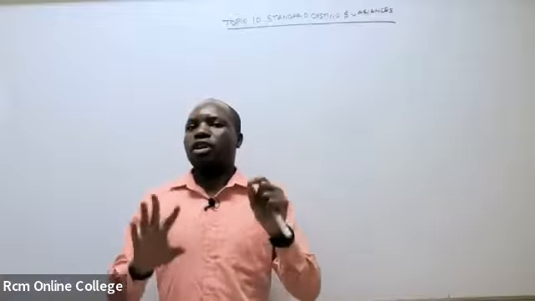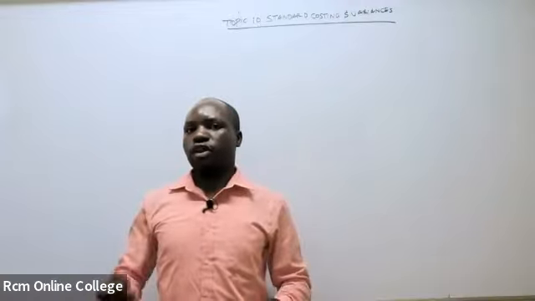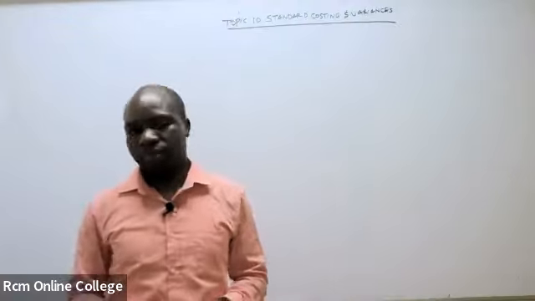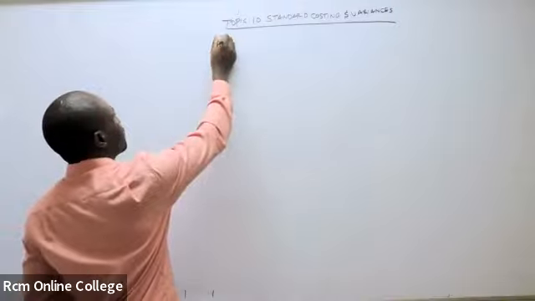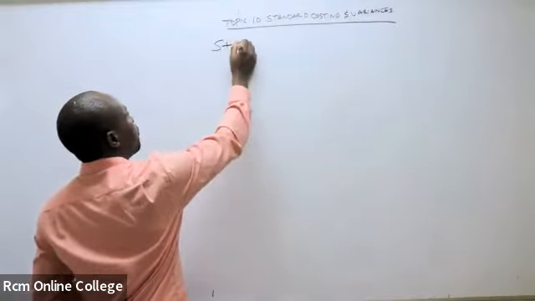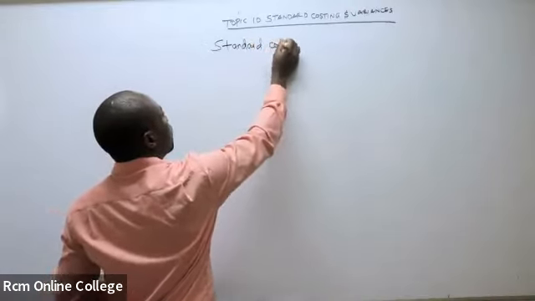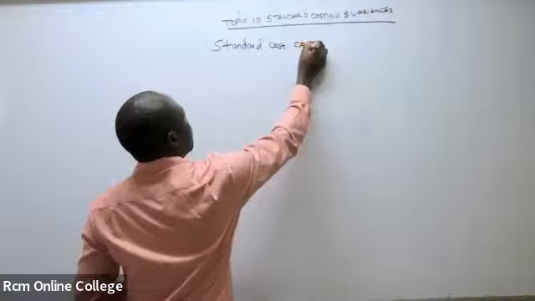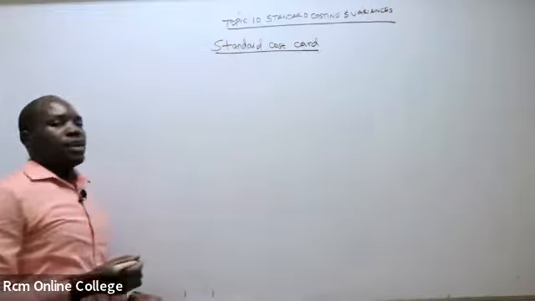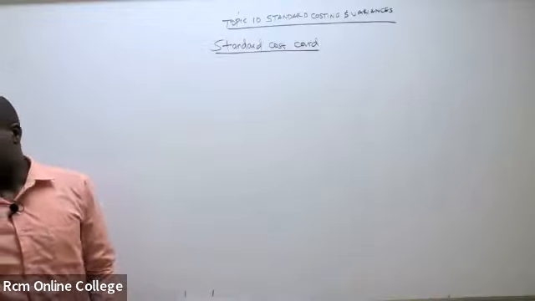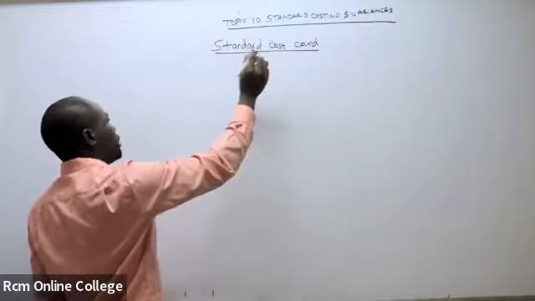Now, what are the components of standard cost? That's what I want us to get to understand before we get to variances. So the standard cost card, we are having estimates. So the first item you're going to have in the standard cost card, remember it is a cost card, right? So we're talking about